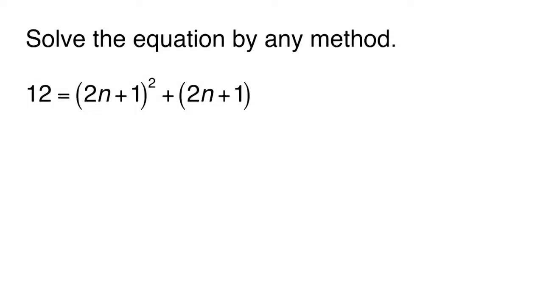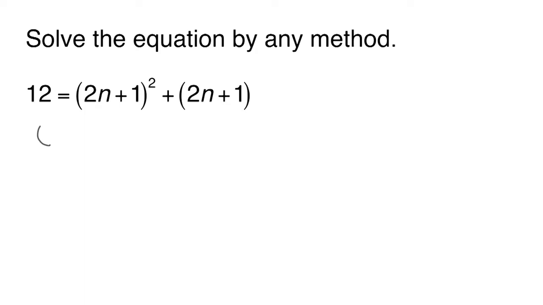Solve the equation by any method. 12 is equal to the quantity 2n plus 1 squared plus the quantity 2n plus 1. To solve, we'll first gather all terms on one side of the equation. We'll subtract 12 from both sides, and we'll rewrite so that all terms are on the left side of the